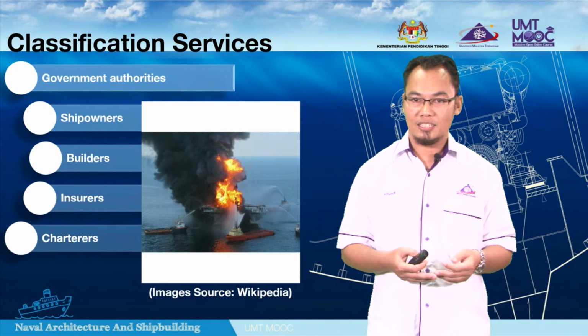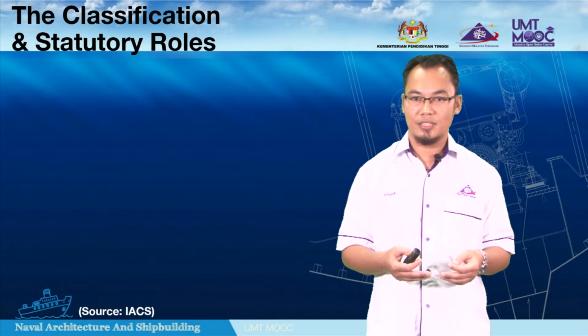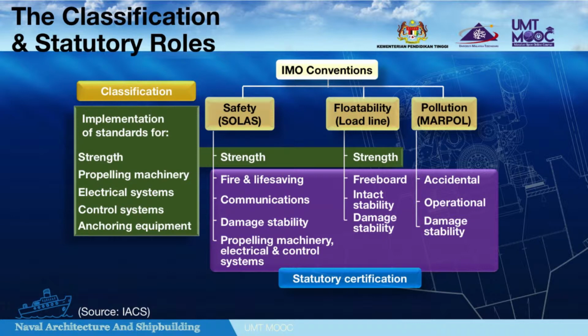The rules published by classification societies, together with the requirements set by the International Maritime Organization, which is IMO, and the maritime legislation of the flag state, form a comprehensive and coherent set of standards for design, construction, maintenance, and operation of ships. These clearly define the classification implementation of standards for strength, propelling machinery, electrical systems, control systems, and